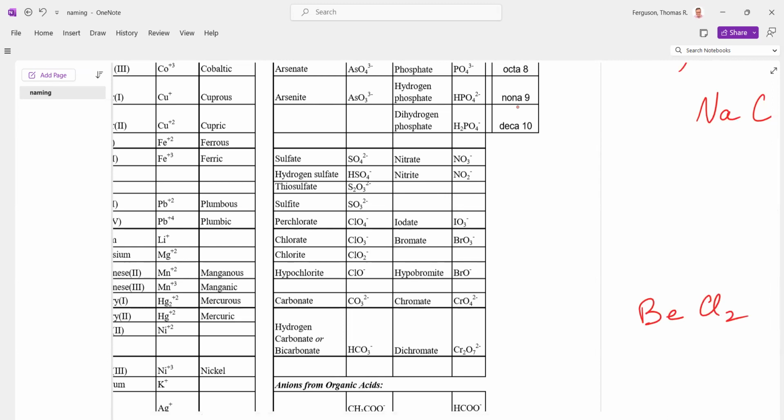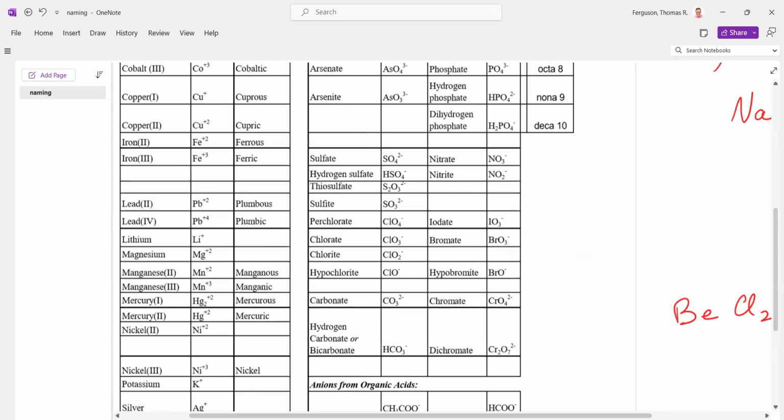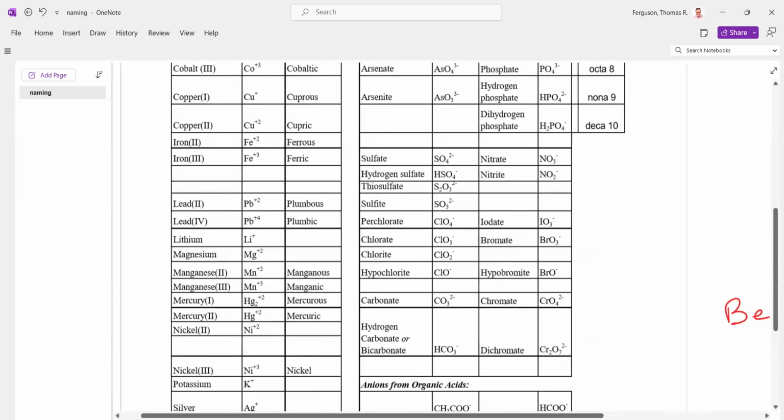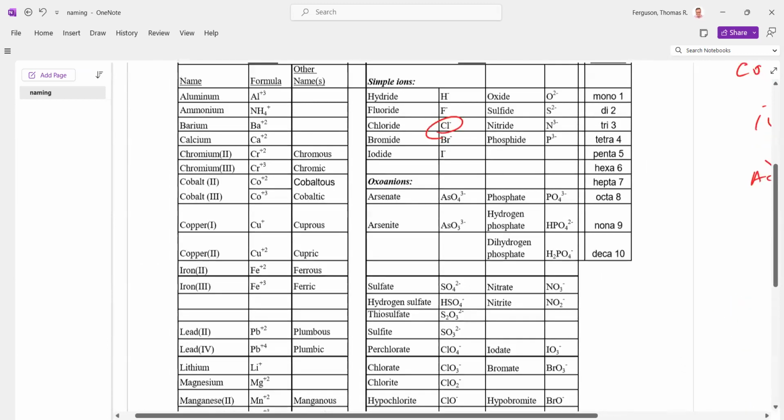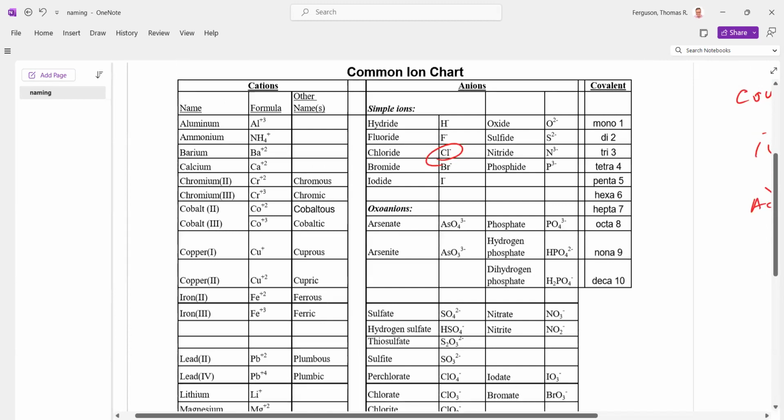Okay, beryllium chloride. The first thing we do is check to see if it's ionic. Beryllium is not on the common ion chart. So remember what I told you? If it's not ionic, it's covalent or molecular. However,